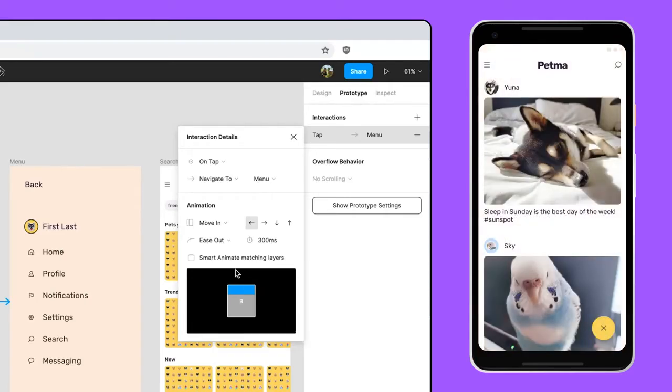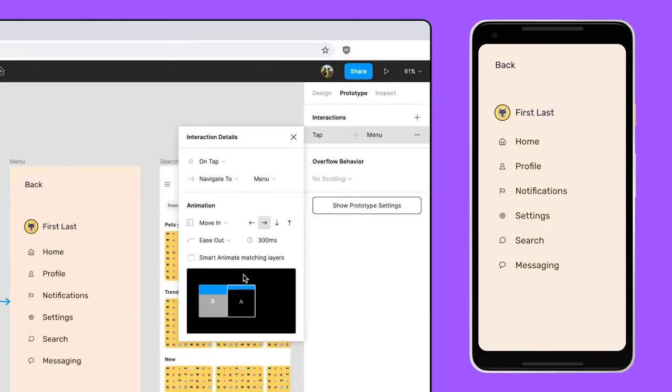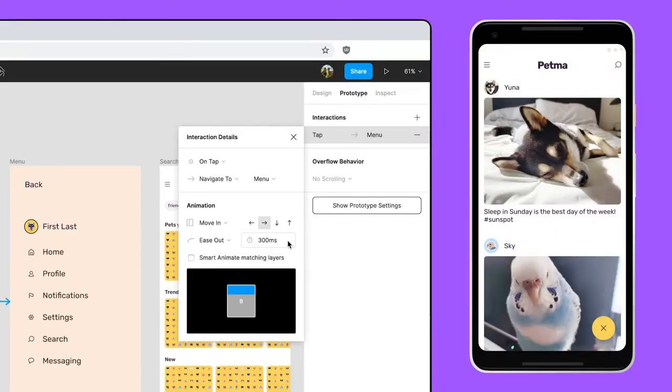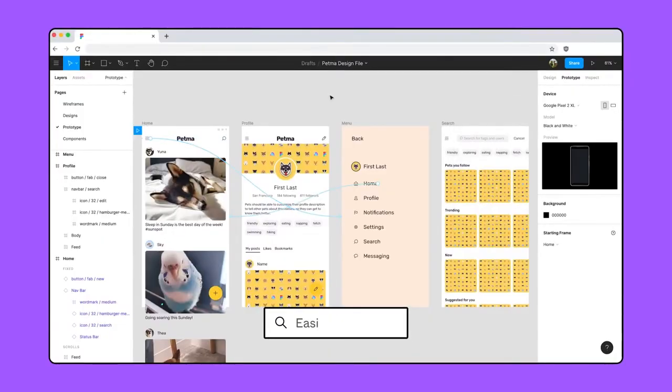The menu icon is on the left side of our screen, so our menu should move in from the left. Click the right arrow from the Interaction Details panel to set the direction. We can also set the duration to control the speed of the transition, and use easing to make the animation feel less robotic. We won't explore these settings now, but you can learn more by searching for easing in the